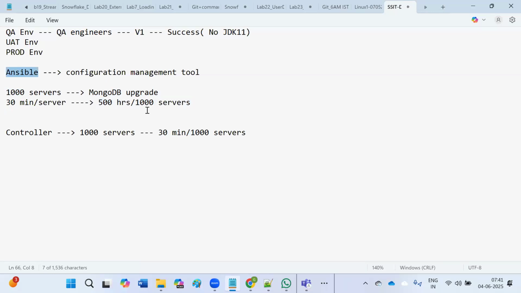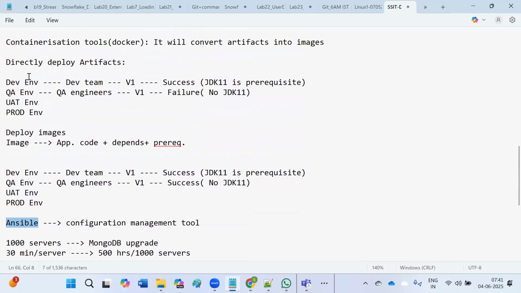So we are going to use the Ansible. It is a configuration management tool. We'll see how we can perform activities like these. Okay. So that is the purpose why we are using Ansible. So then we have